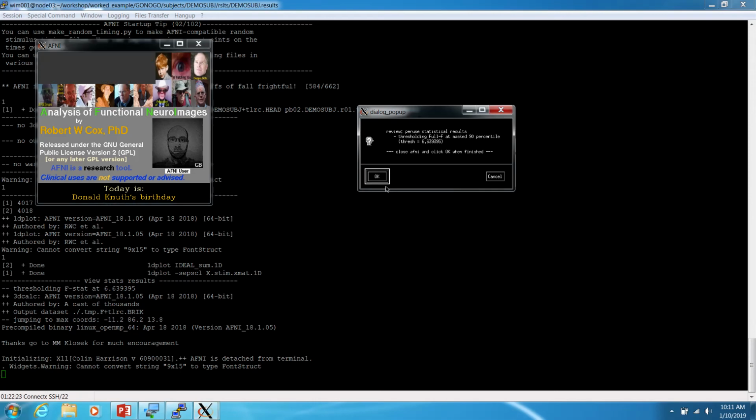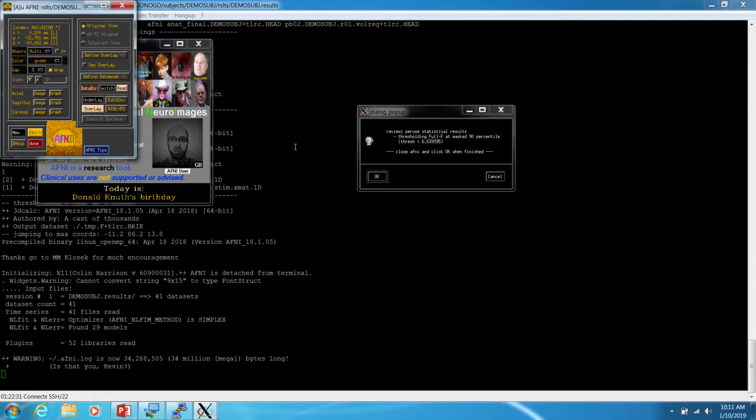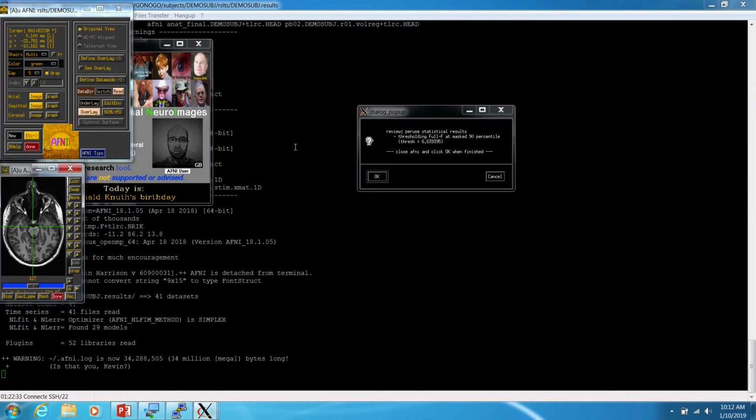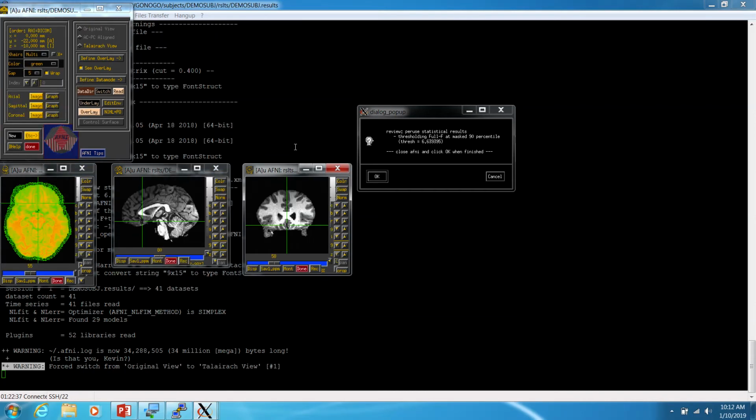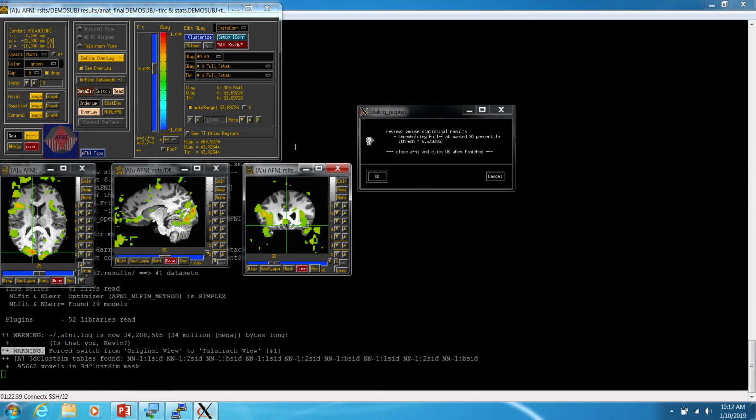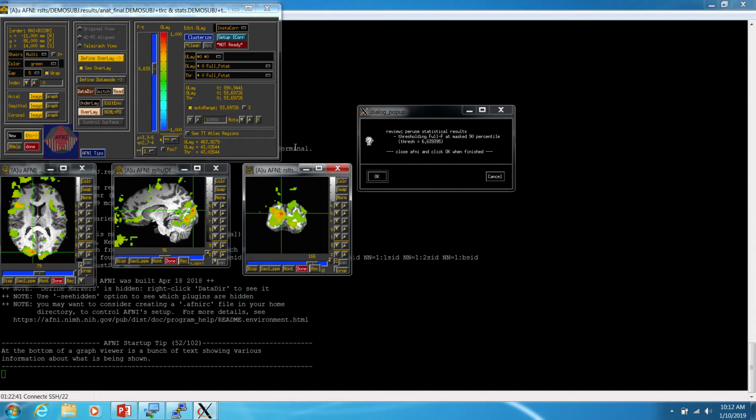So this is a depiction of our f-stat that I referenced a little bit earlier, the max f-stat. That's what we're going to be looking at. So it loads AFNI up again, and here's our anatomical map, and that'll get warped again. Basically what it did is it pulled our stripped anatomy file, and then it overlaid this full f-stat, which is basically